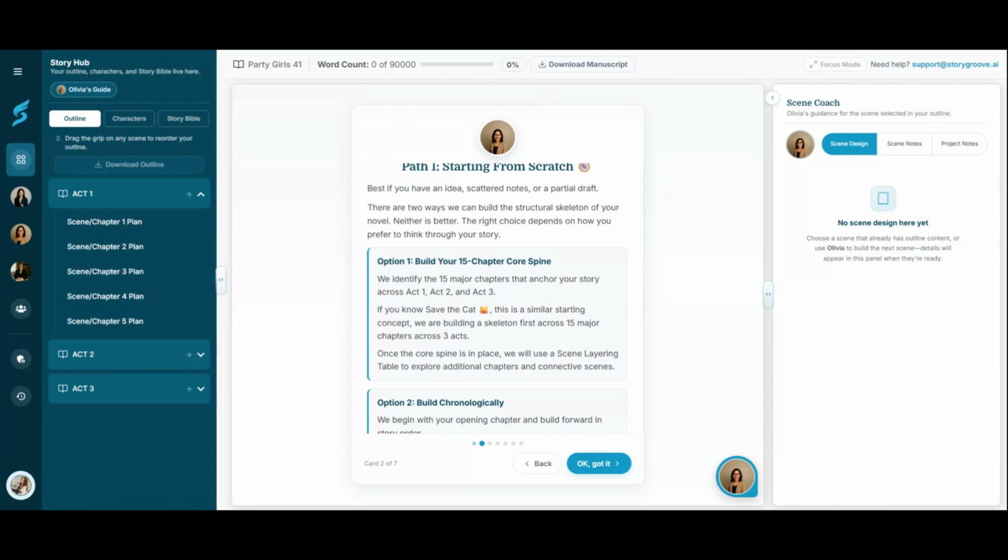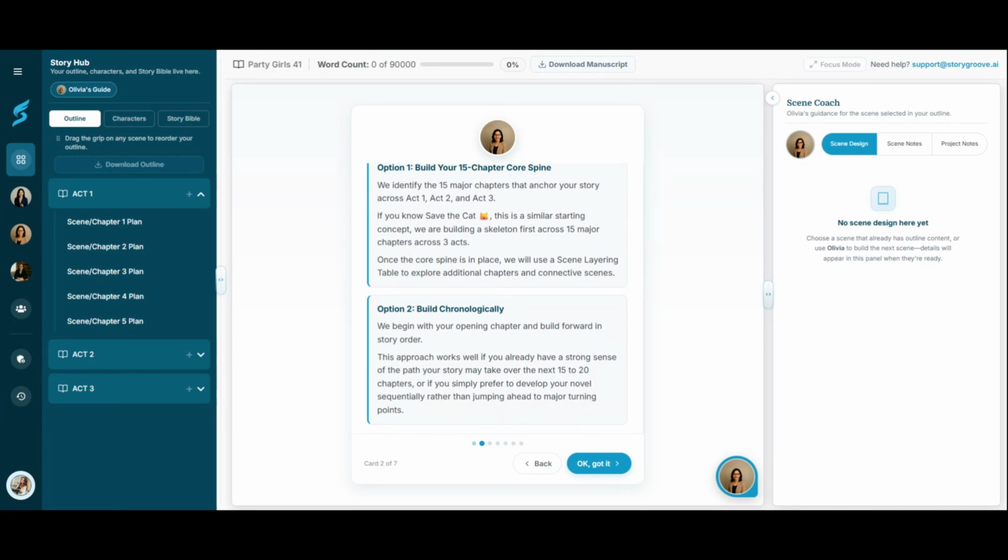Typically what she does is build the first 15 if you go with this method or this method, and then she's going to offer you a scene summary table that you may want to take advantage of because it helps you look at different angles and different ideas for different chapters very quickly instead of having her deliver the entire chapter plan. So that's why after chapter 15, you will notice that she asks you or she delivers a scene